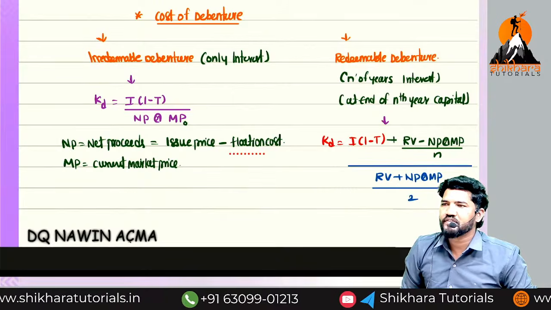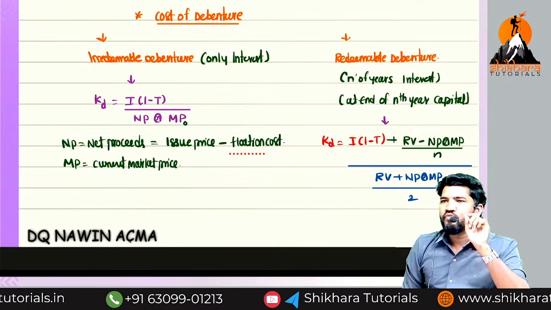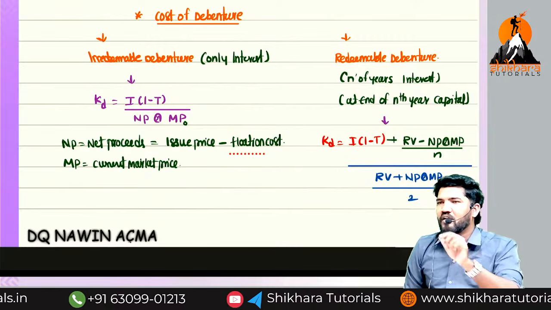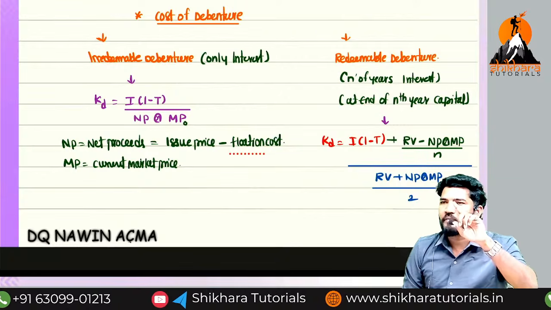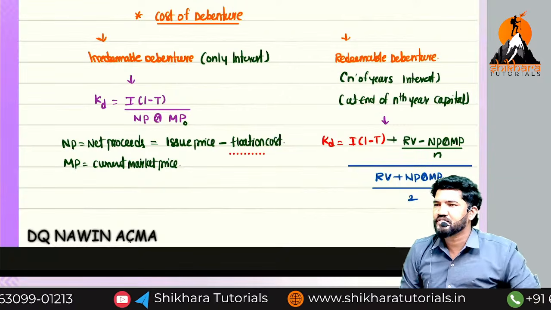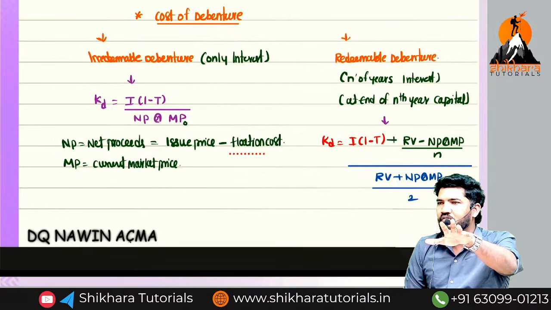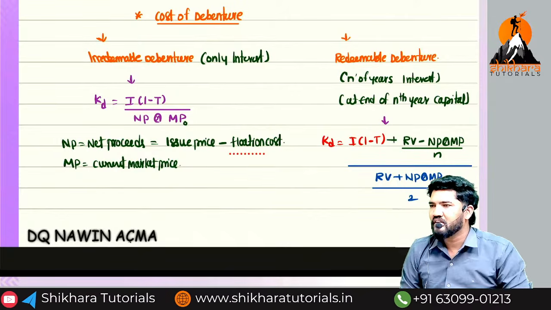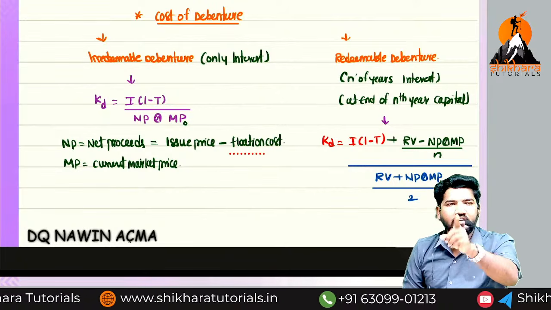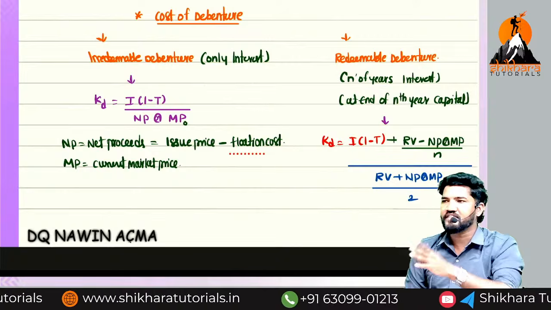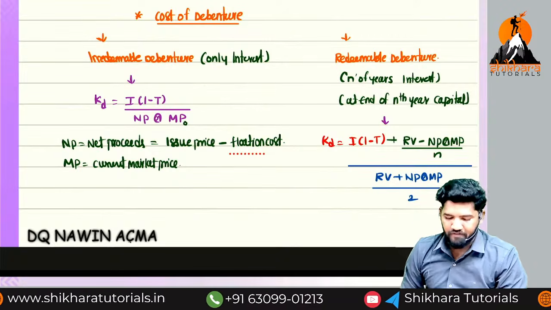Now, another point students need to understand. If they give 14% debenture and do not provide a tax rate in the question paper, at that time 14% is both pre-tax as well as post-tax. If further down they provide a tax rate, at that time the 14% is known as pre-tax. After tax only, you have to consider for calculation. They will not tell this in detail. Are you okay? Then fine.